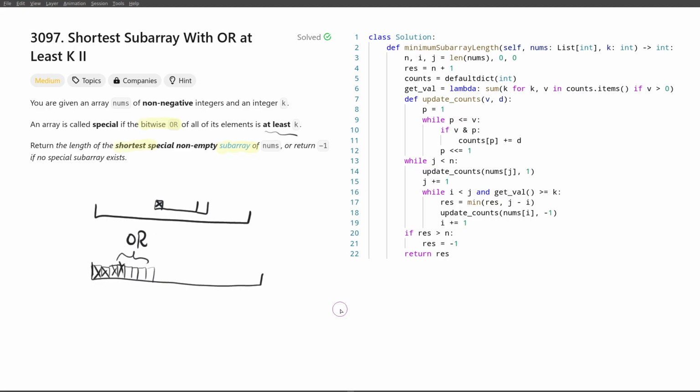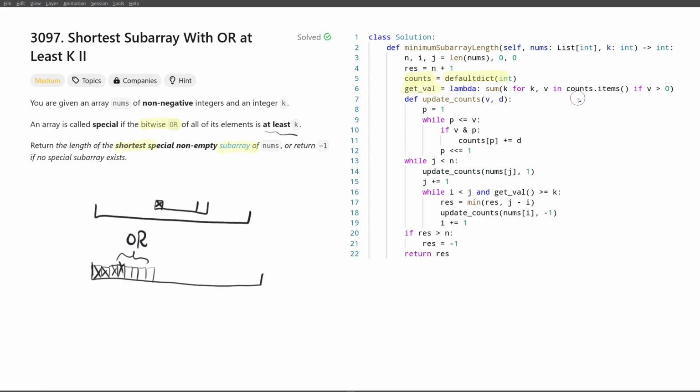And that leads us to a simple linear time solution. We'll be maintaining counts for every bit in a counter or a default dict. That's the same thing. Well, not the same thing, but for our purposes that's the same thing. Now, to get the bitwise OR of the current subarray represented by the current counter, which will be this function